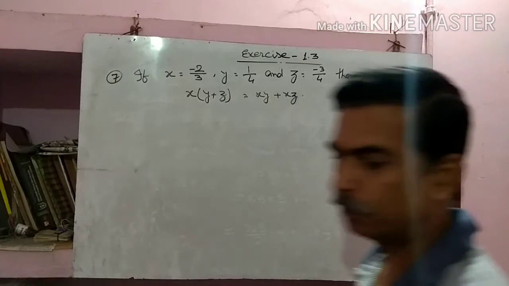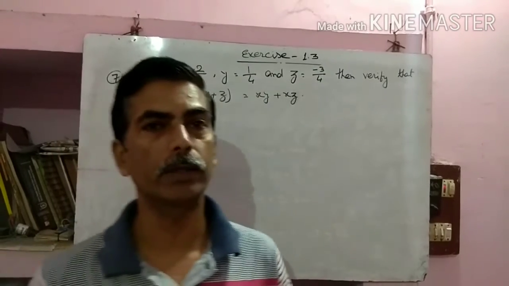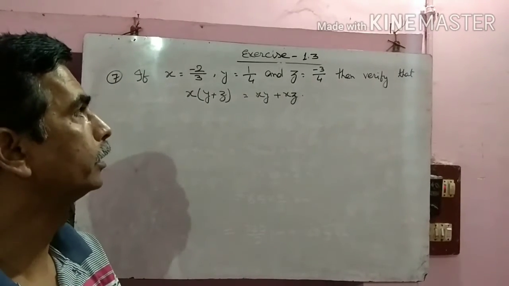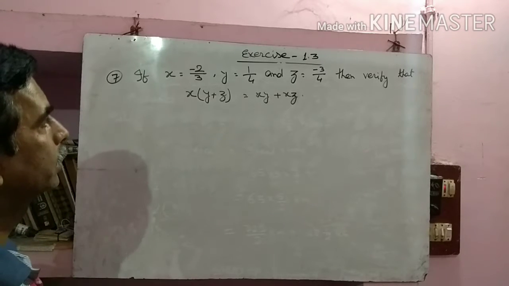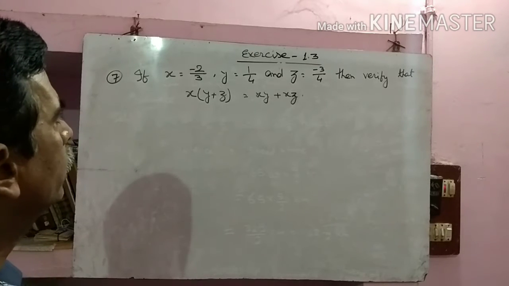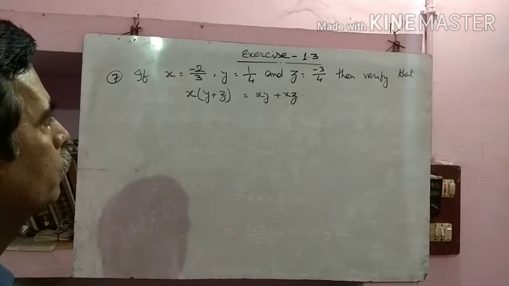Okay, hello students. Today we are going to discuss the remaining questions of exercise 1.3. Okay, so the seventh question of this exercise is: if x is equal to minus 2 by 3,